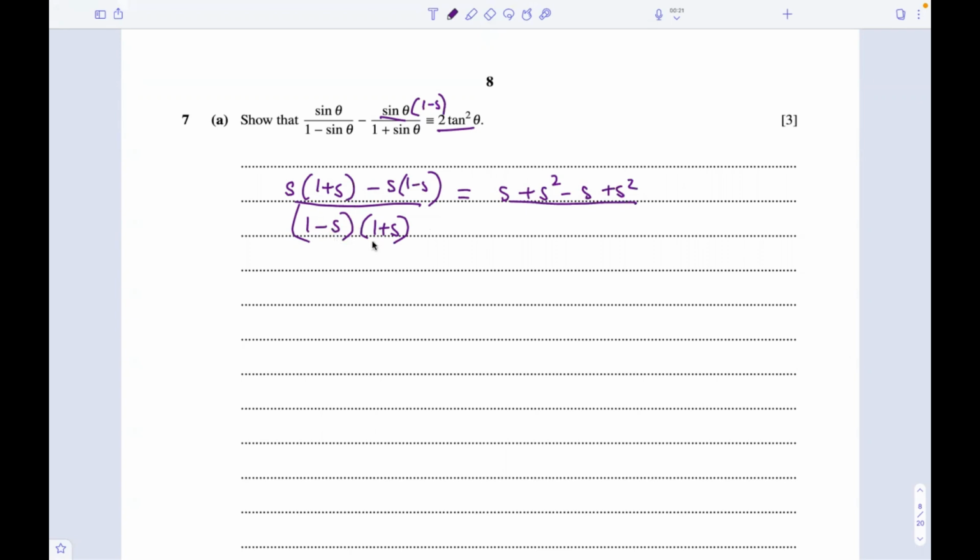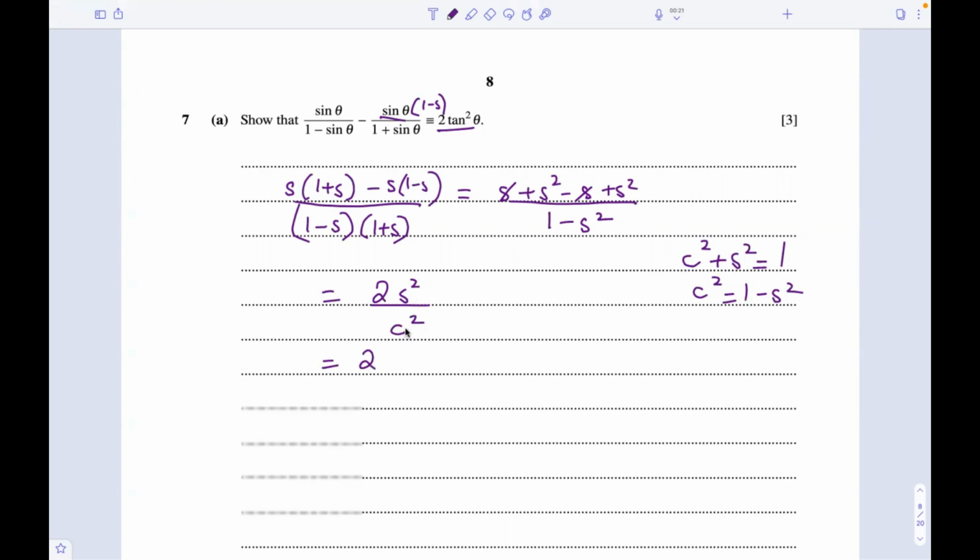So using the algebraic identity, 1 minus sine and 1 plus sine can be written as 1 minus sine squared. So sine and minus sine will cancel, and we have 2 sine squared. And we have an identity that cos squared plus sine squared is equal to 1. So cos squared is equal to 1 minus sine squared. So in place of 1 minus sine squared, we can write cos squared. So this will become